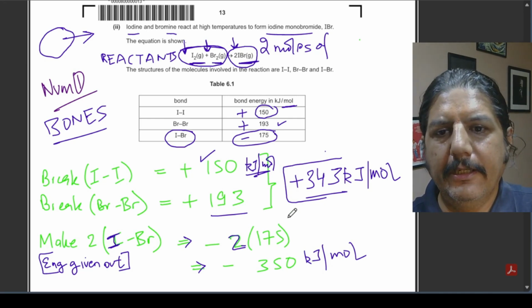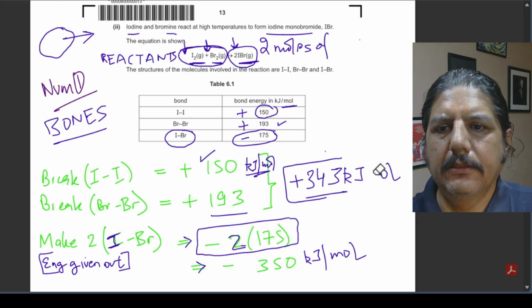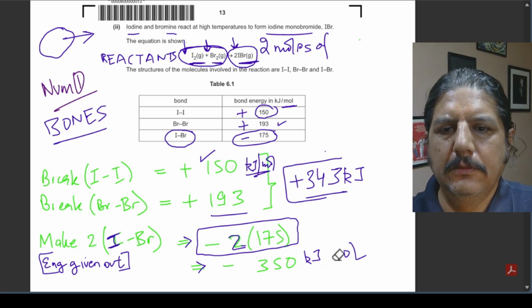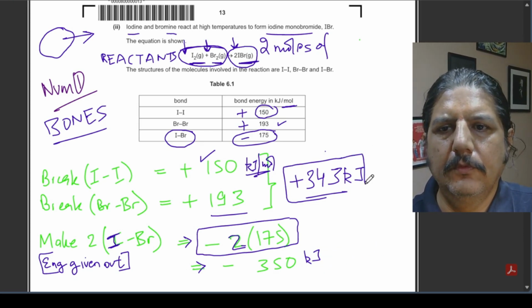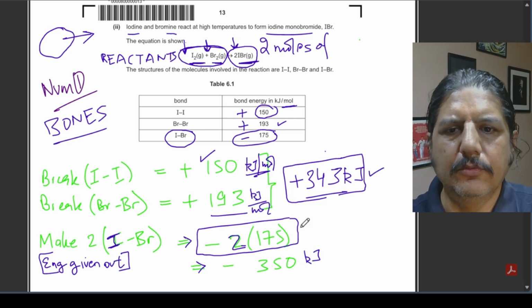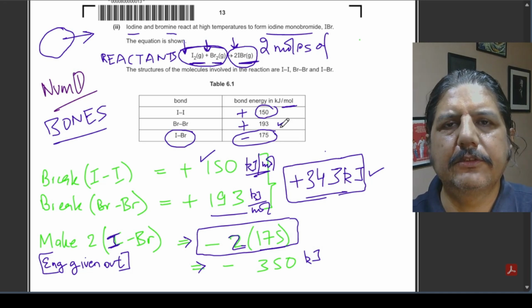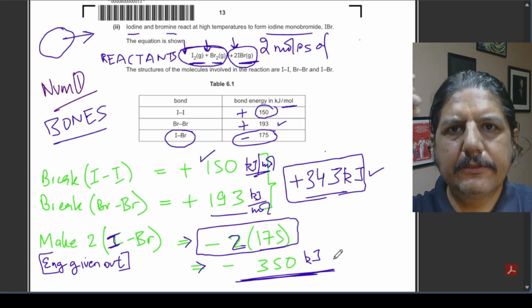So total energy which is being released is this amount. This would be kilojoule per mole, but then this would be kilojoule. Similarly, this minus 175 is kilojoule per mole, but this is the total energy which is now leaving